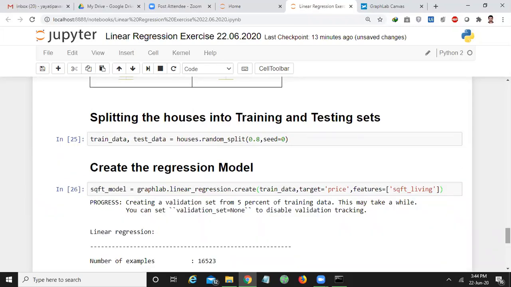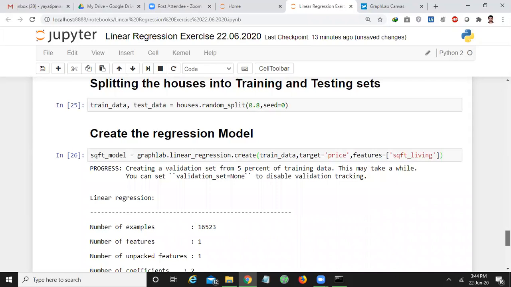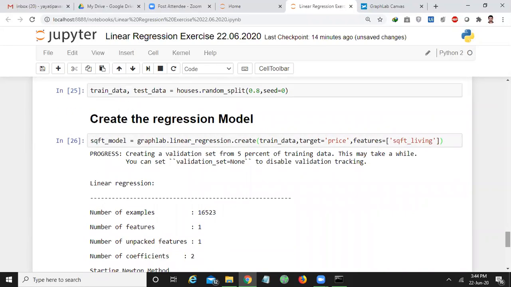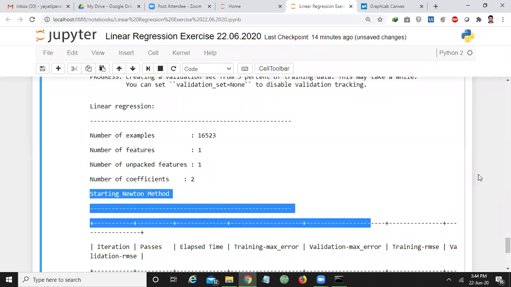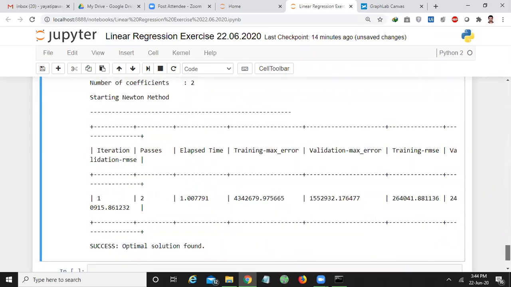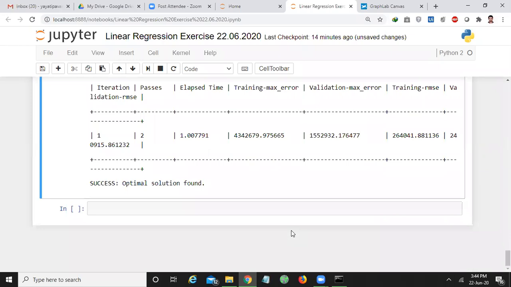After pressing shift enter, you have successfully trained your model. Okay, in the linear regression, 16,523 examples have been trained with one input feature and one output feature, and the number of coefficients is 2. Number of coefficients in the sense what? Let me show you. For that, what I'll do is,